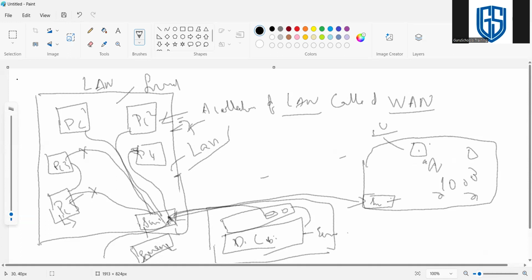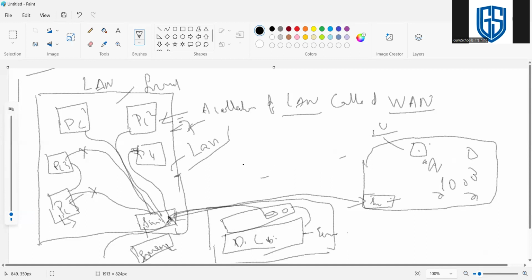So the router has a different functionality. That means we are using the switch again here to connect the different LANs, right? But this is going to be a bigger switch. Yes, so the switch will remain the same. Router is not for connection purpose; it has a different function. A router is for external use, most probably, not the internal one. So for connectivity only we'll use a switch, doesn't matter whether it is a LAN or a WAN.